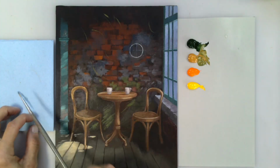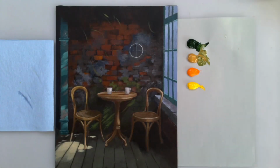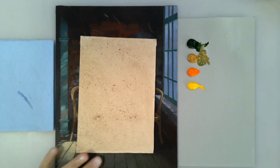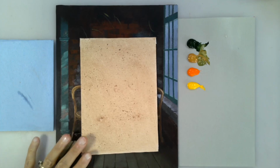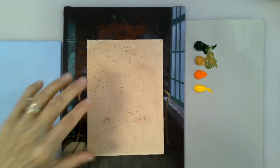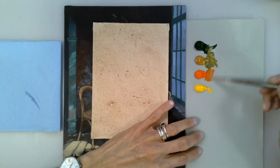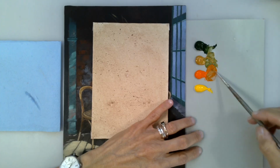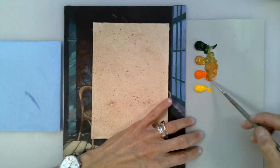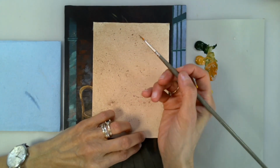Now the other thing I was going to mention is the shape of the leaves. So we have two kinds of shapes of leaves. We can do two shapes. We have one kind of leaves there. So I'm going to take orange for you so you can see it. You can do this. Take your round brush